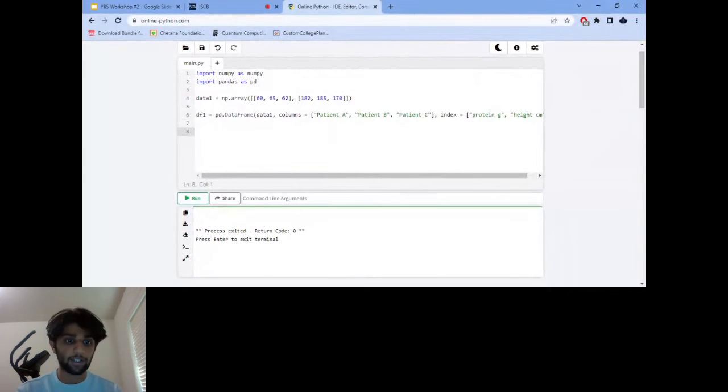Now we actually have this data frame constructed. Go ahead and take a look at what this looks like. We just have to print it out. So we'll say print df1, and when you run this,